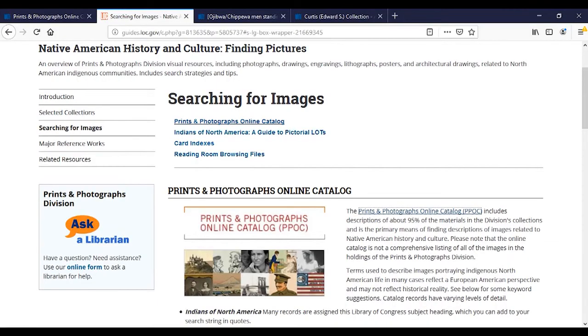That's a very general overview of how to search our online catalog. If you have any more questions, of course, feel free to contact us. But I do want to point out that there are a few other ways of searching for descriptions of images in the collections. One of them is a publication called Indians of North America, A Guide to Pictorial Lots, which